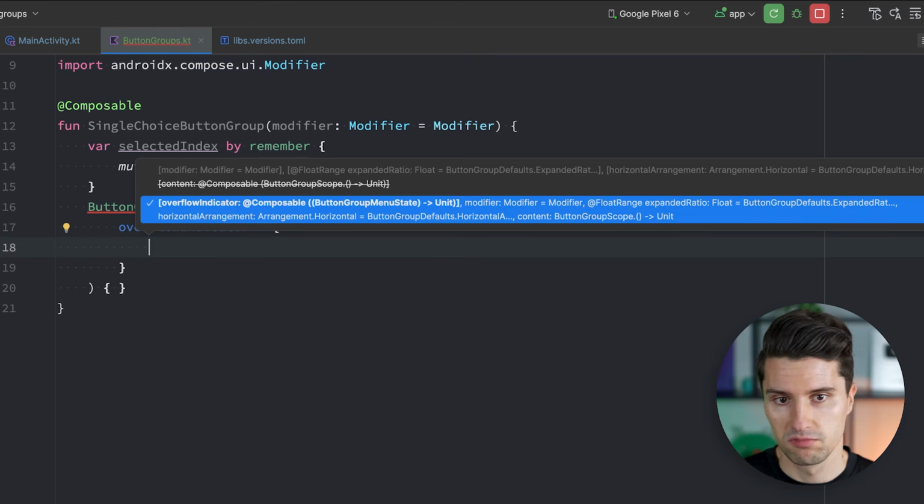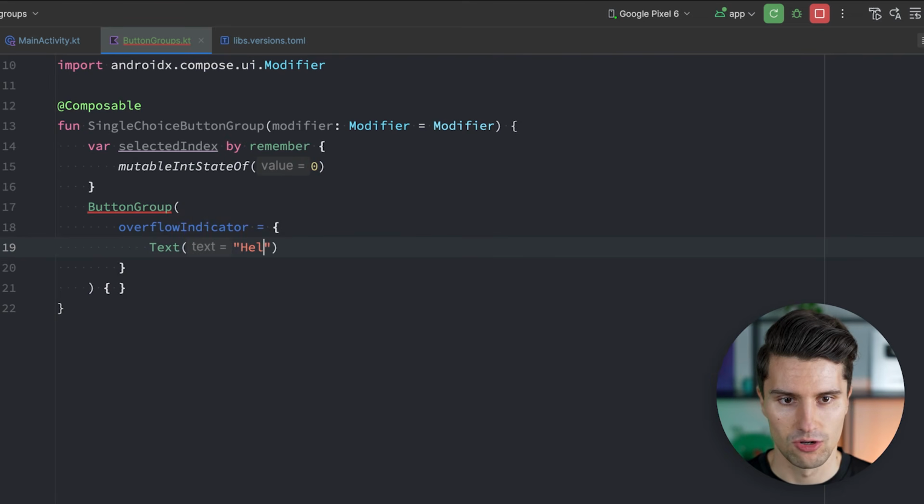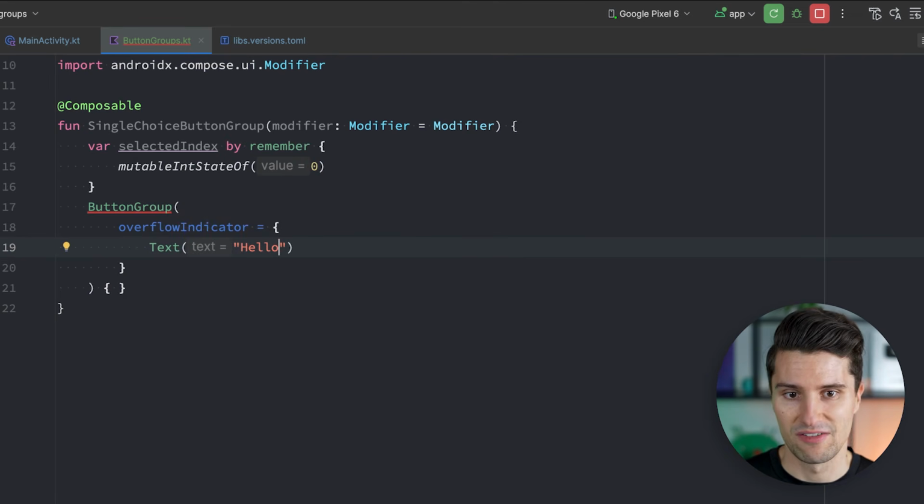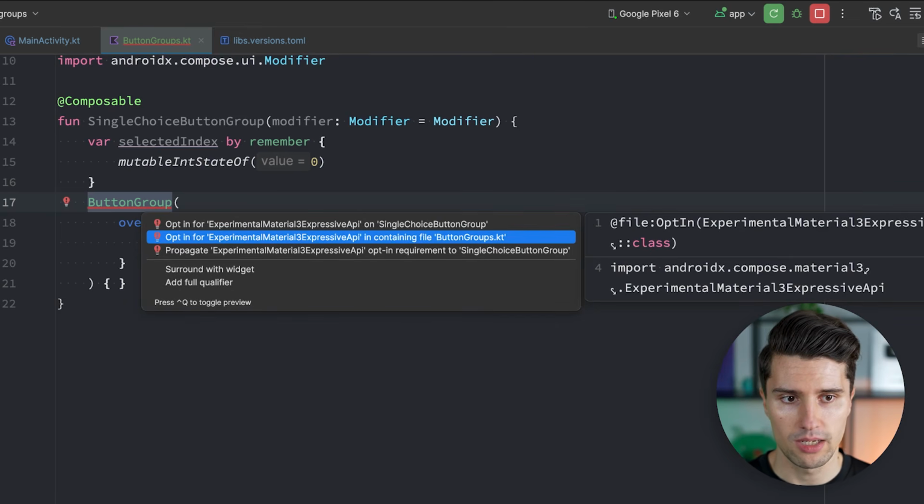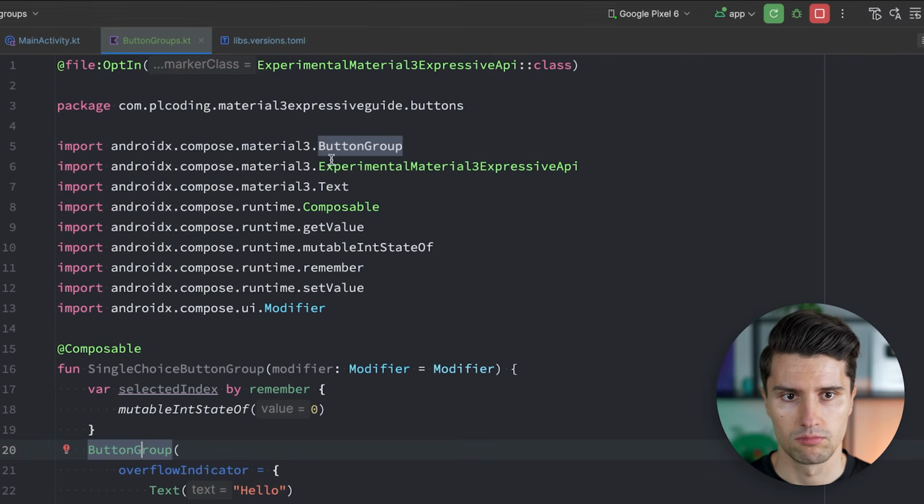So here we could, let's just have a text "hello", but in my experiments, this has never shown, so it really doesn't matter what you pick here at this point. Later on, it hopefully does matter. For this button group, we also need to opt into this experimental material API, Alt-Enter, and to add this annotation